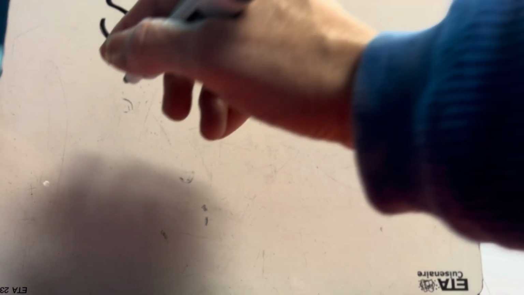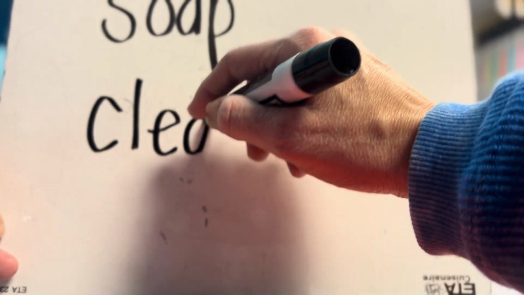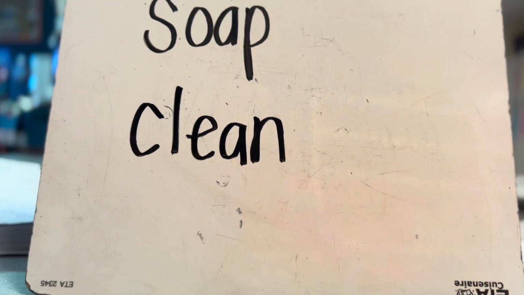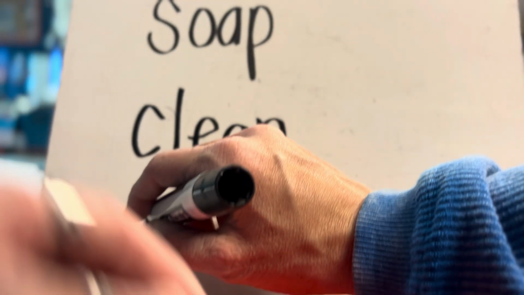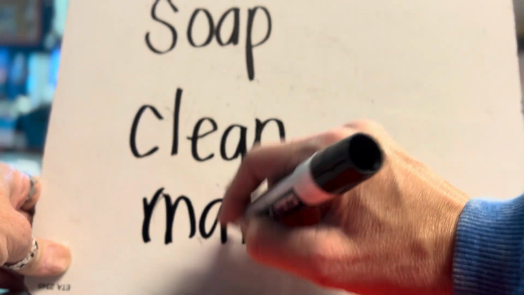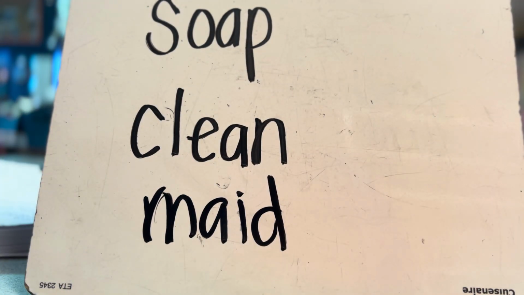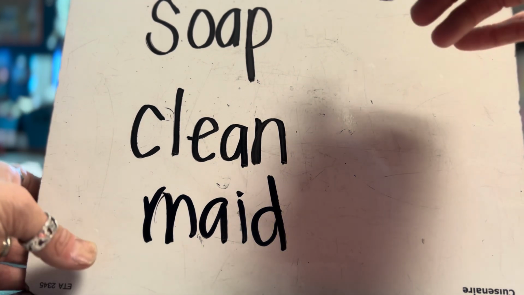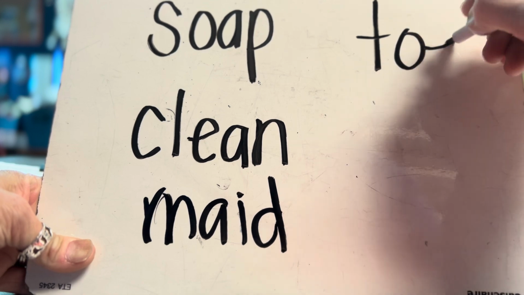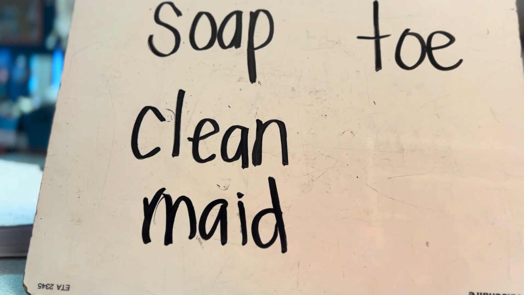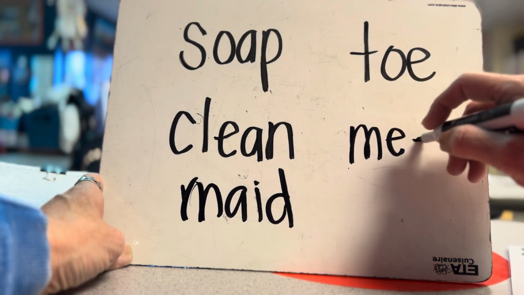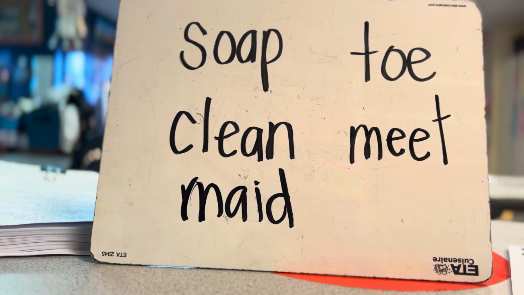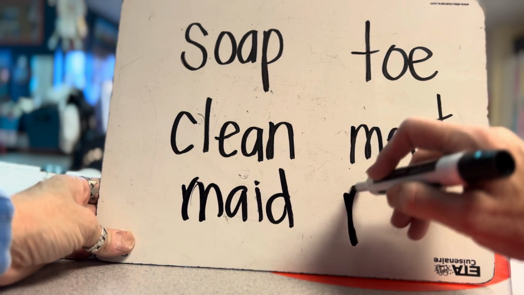What is this word? Soap. Very good. What's the word? Clean. Very good. What is the word? Made. Nice. What is this word? Toe. Very nice. And let's do one more. Actually, we'll do two more. What's the word? Meat. And let's do